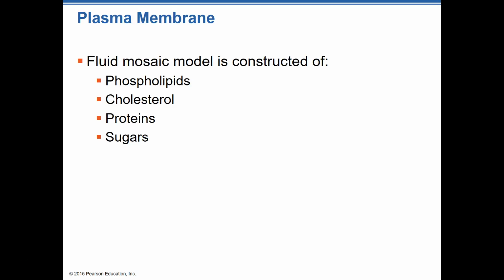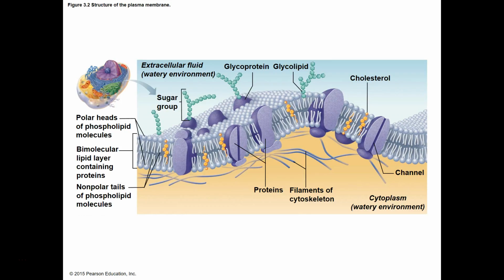That plasma membrane is made up of several different things. One of them, and the chief among them, the main one, is those phospholipids, which we'll look at a picture of here in a minute. There's some cholesterol, proteins, even some sugars present there on that plasma membrane, and all of them serve a vital purpose. So if we look at this picture of this plasma membrane here, the first thing that we look at is this phospholipid layer, and that's this right here.